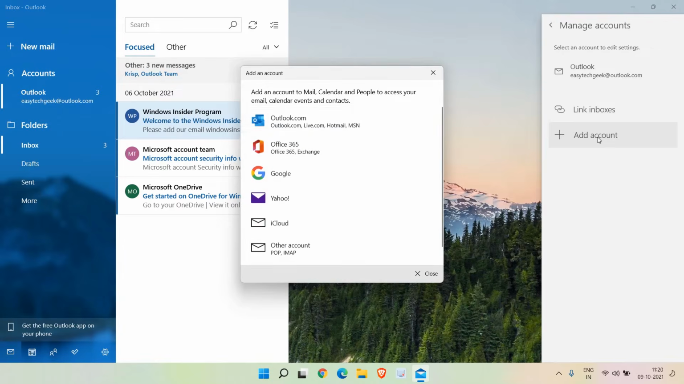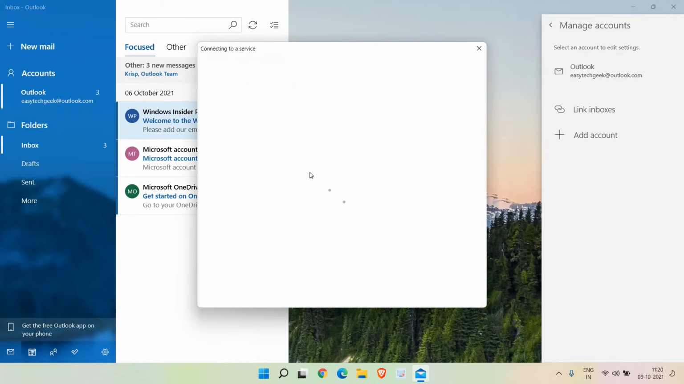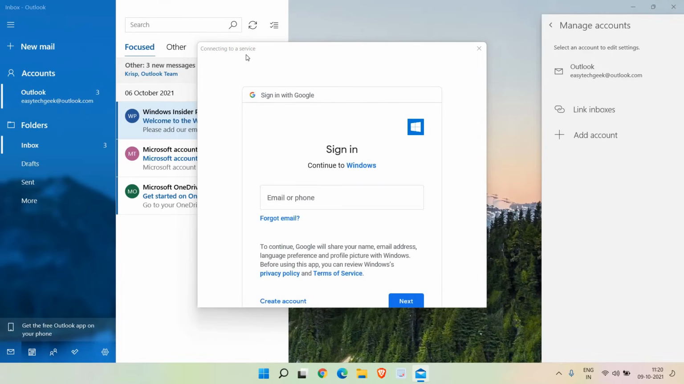So once we click on that, we get an option for Outlook, Office, Google, Yahoo, iCloud, or other account. So if you want to add a Gmail account, you just need to click on Google, and here it's connecting to the service. The best part is you just have to log in. So here you just need to enter your email, you need to click on next, and it will ask you to enter the password. And the moment you do it, it will